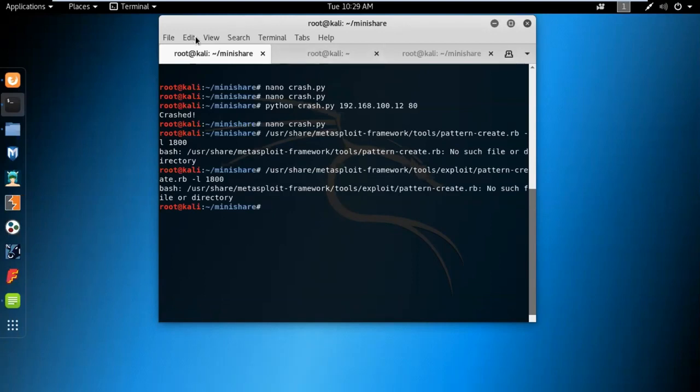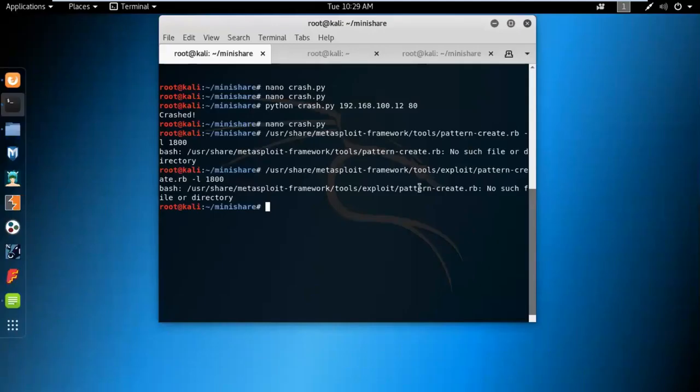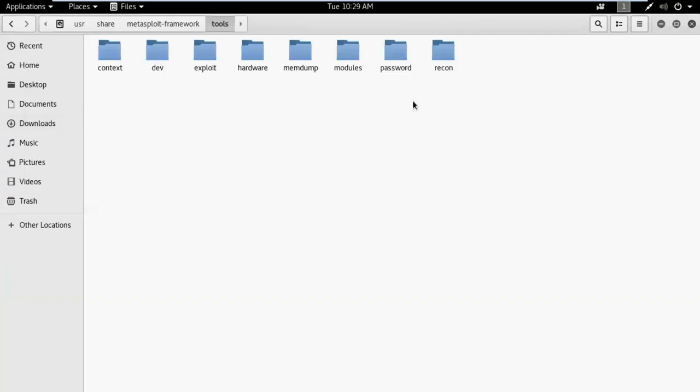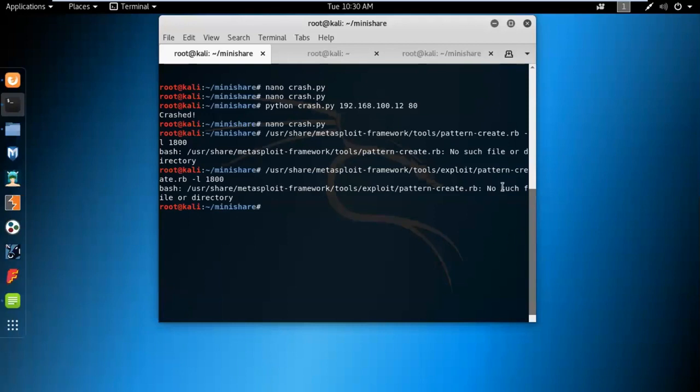I don't know why this is not working. Oh, come on, this should be uh, exploit. Oh, well, so sorry for being slow. S- s- Okay,